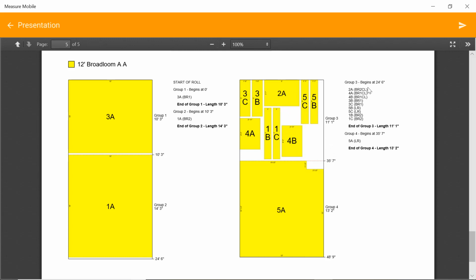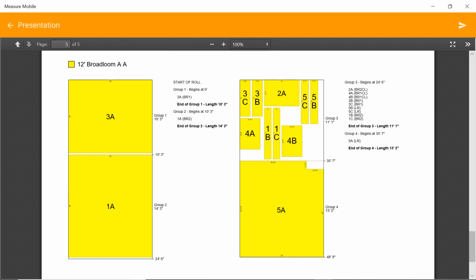This is going to lay out every area. In this particular group, it's 11-1, so you would type in 11-1, and that does BR2 closet slash BR1 closet slash BR1 closet fill slash BR1